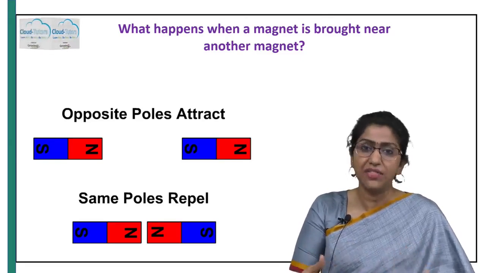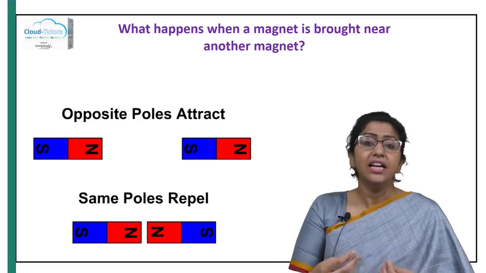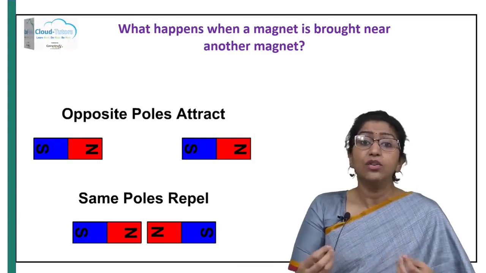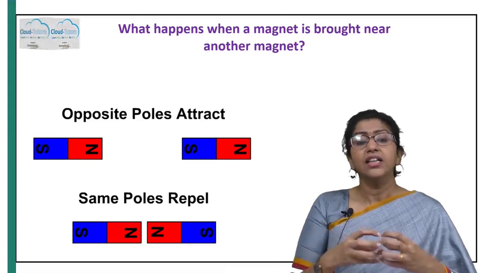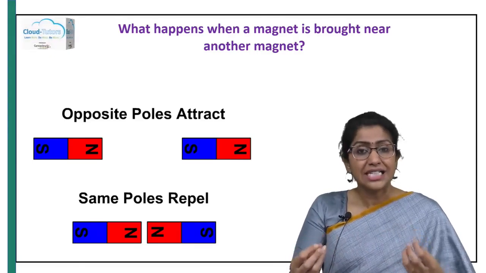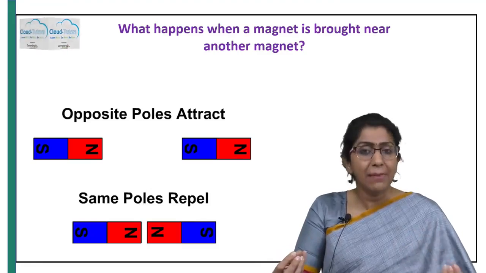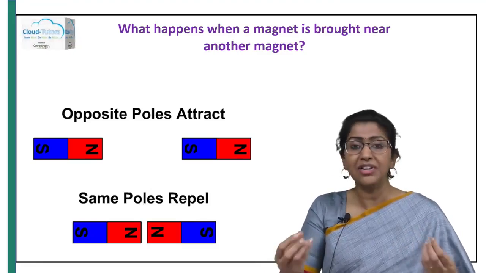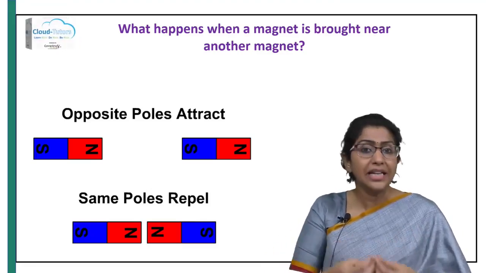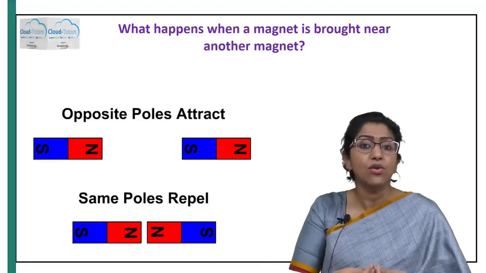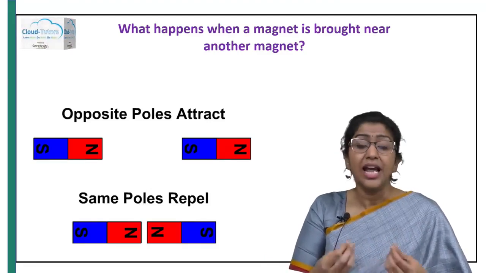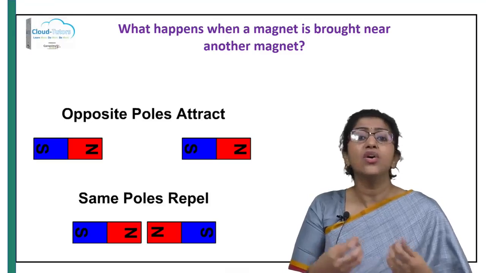You can only see the effects as such. But here another important thing to note is that the force exists, even the magnetic force exists between two magnets or one magnetic substance and another magnet, even if you do not bring those two objects in contact with each other. Hence, magnetic force is a non-contact force.